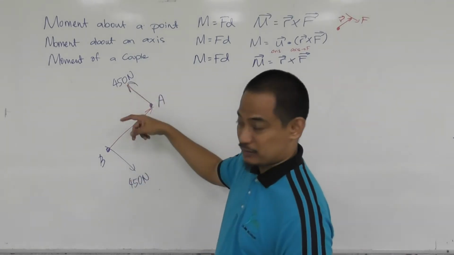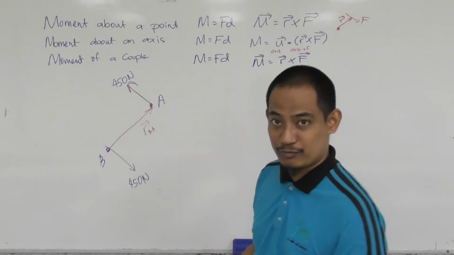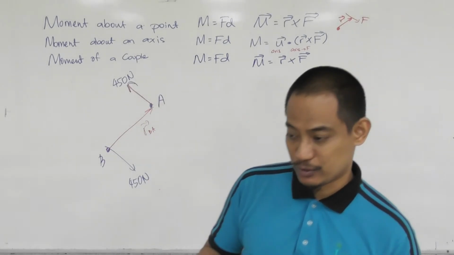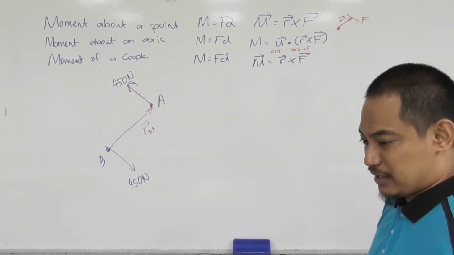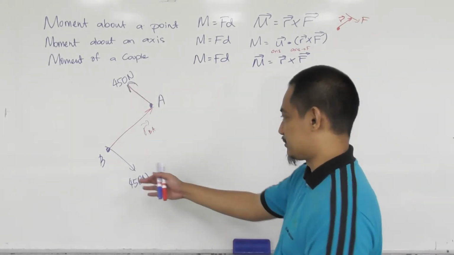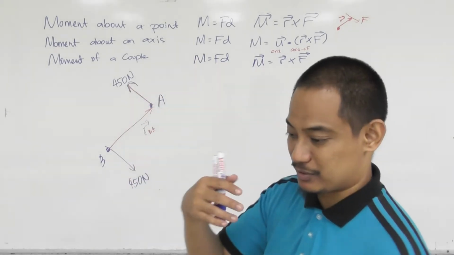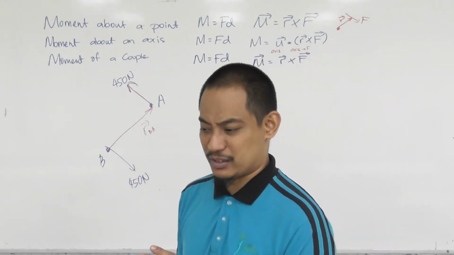If I use the opposite way for RAB, then the force should be at B. Right? Hopefully by now you have understood that already. Actually, the solution for this one is quite simple. It's just to calculate, because all the calculations are from the previous chapter, basically